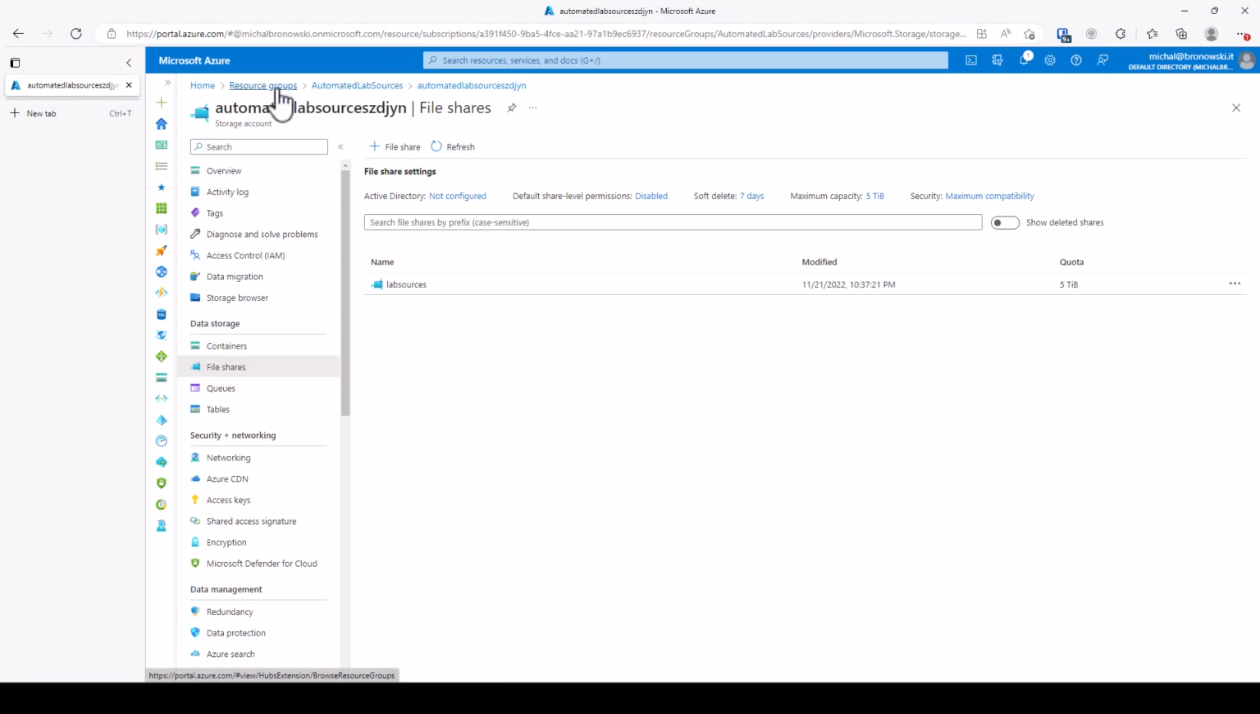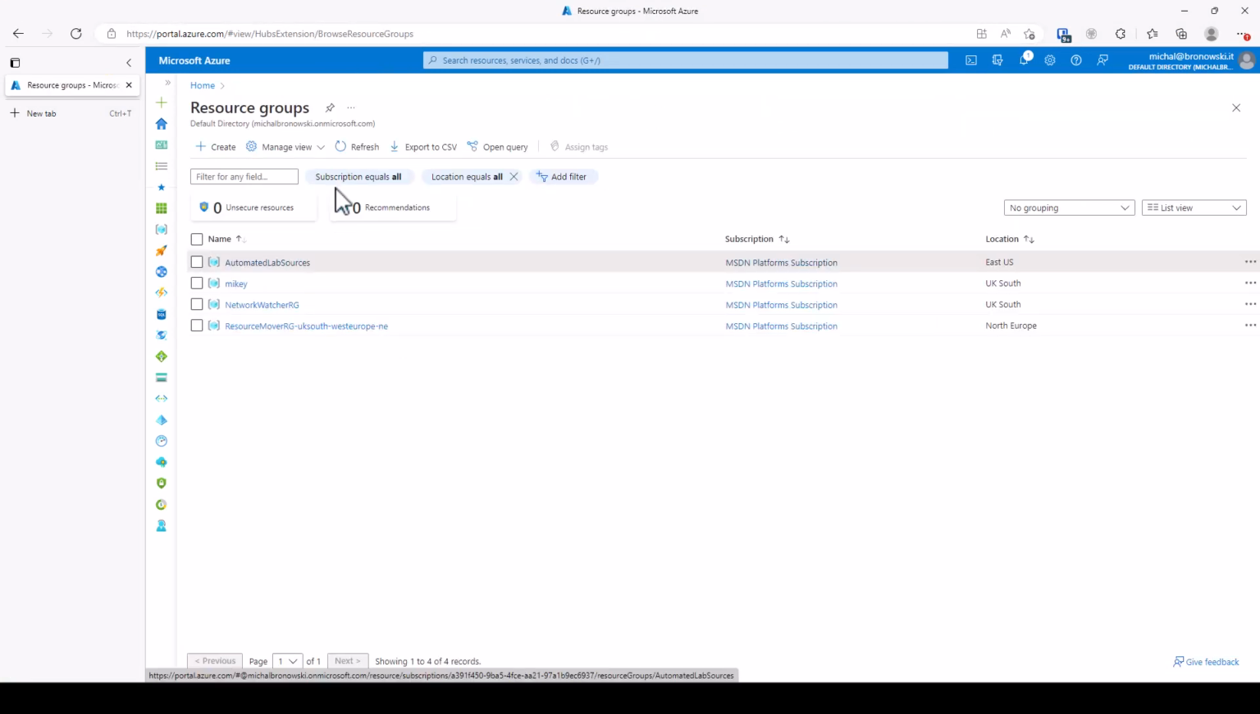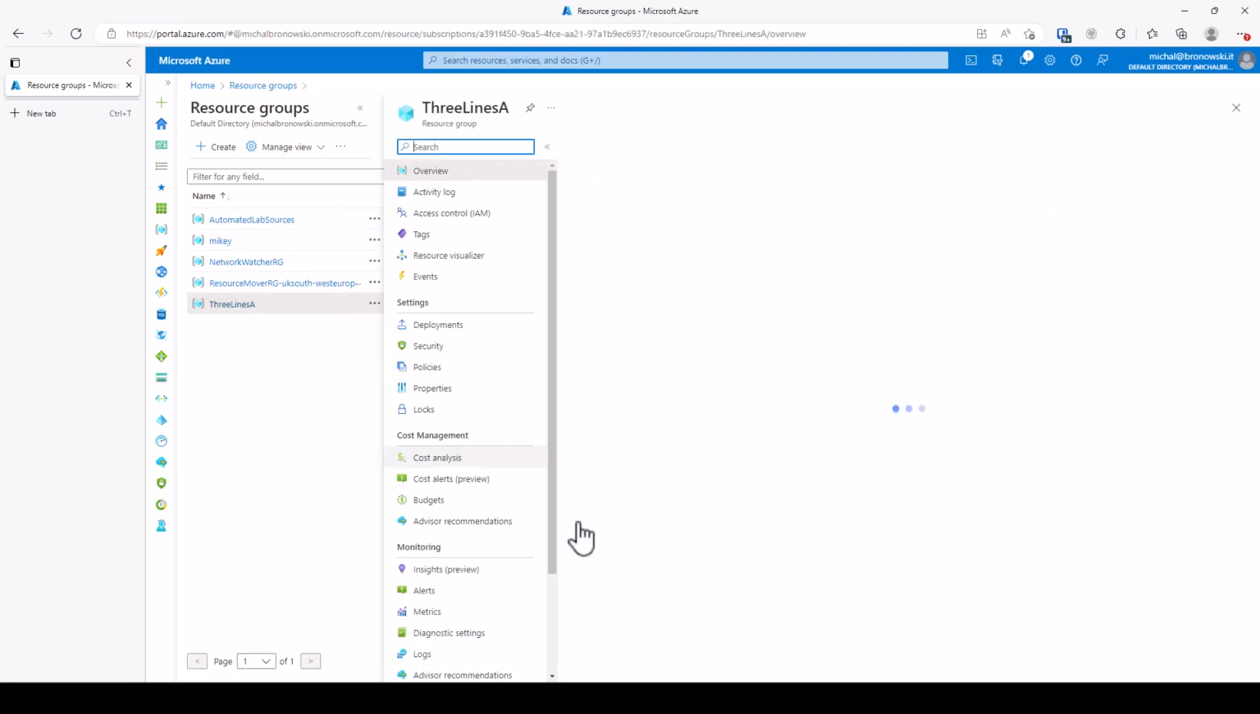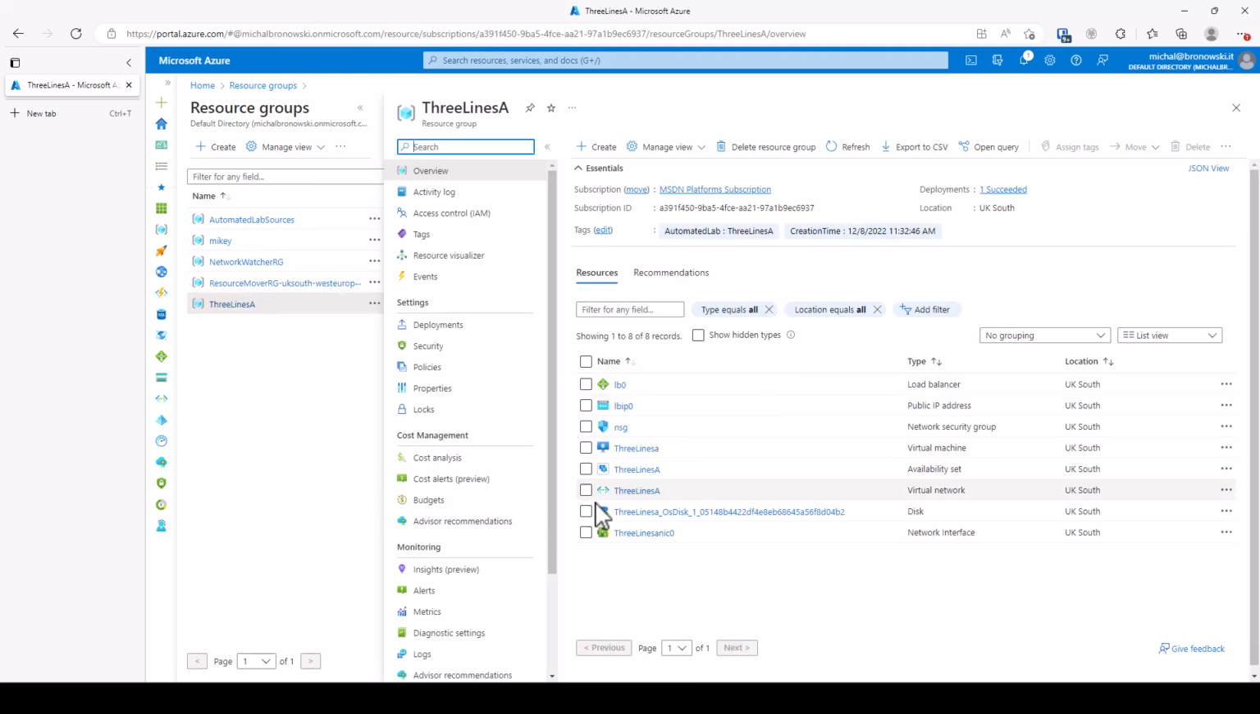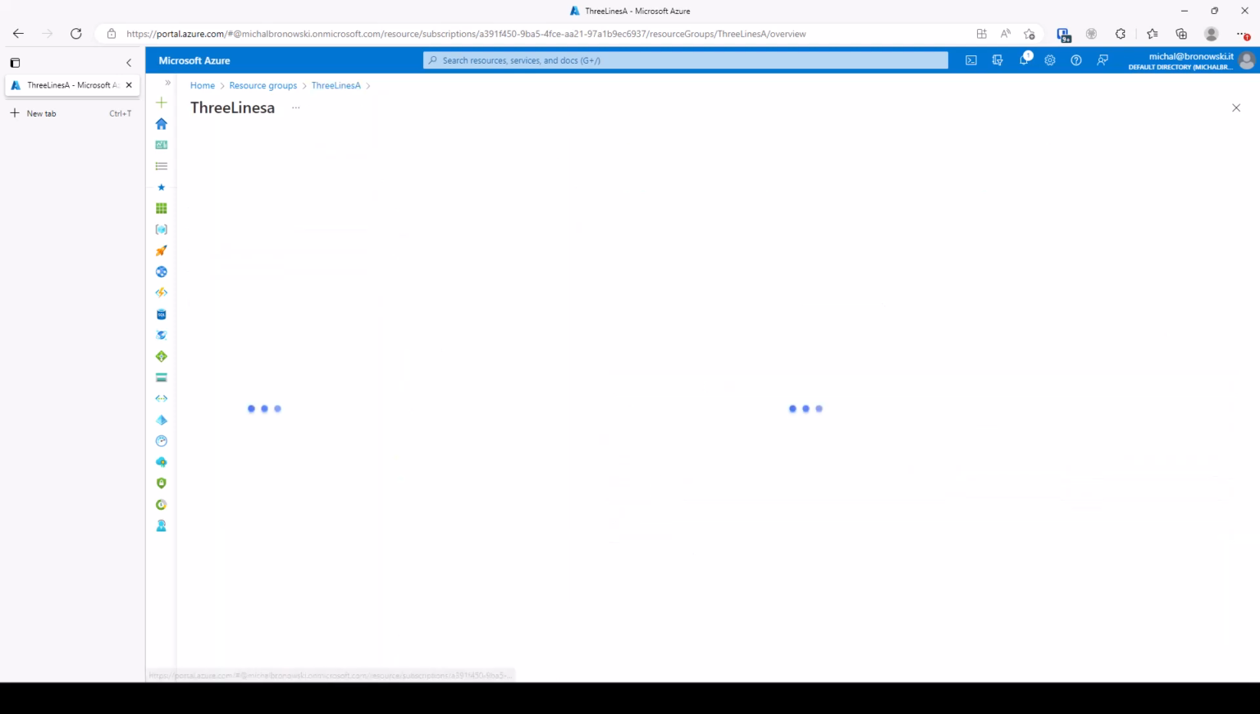We can go to resource groups and see there's this resource group called 3 lines A. That's exactly the name of my lab, and it created all these objects. I didn't have to define anything, network, disk, anything like that. It just creates that for me. So it's very simple. And then here's my VM,